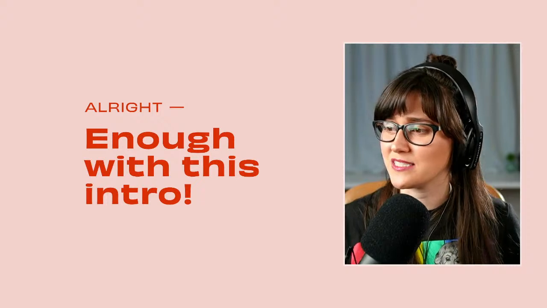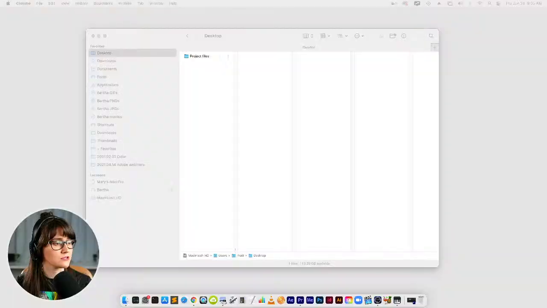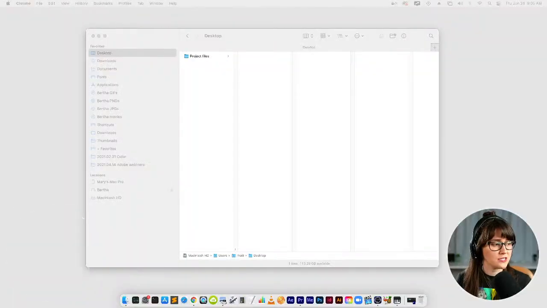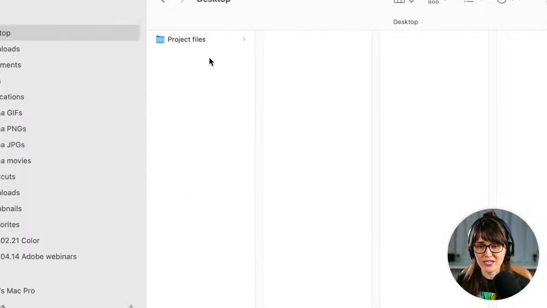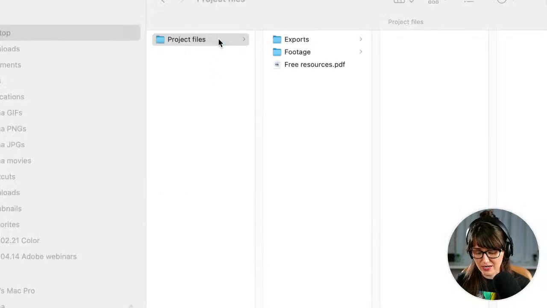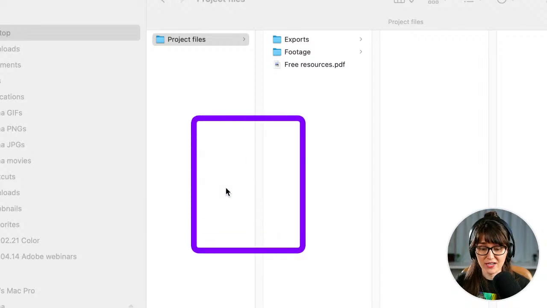I'm going to show you my screen here. Okay, so before we get started in Premiere, we're not going to touch Premiere yet because the first step to making our project is to have all of our files in one dedicated project folder here. Now, I know that you are probably like, look, Mary, I know how to organize the files on my device. Like, I don't need you to teach me that. I just need you to teach me Premiere. I get it. But I promise you this is very related